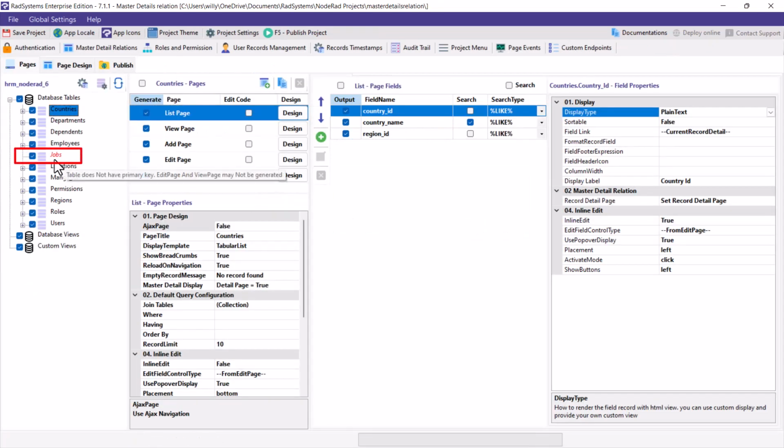When you get this kind of indication when you create your project, it means that the table does not have a primary key. But if you are sure you already set that in the table, it means RAD Systems Studio did not read that table properly. To fix it, you have to sync the database and it should fix it.